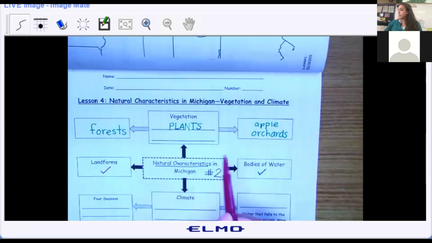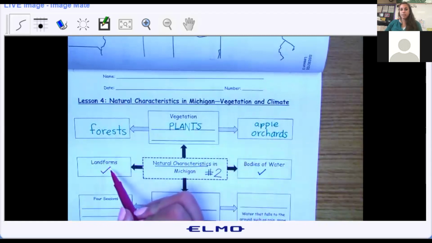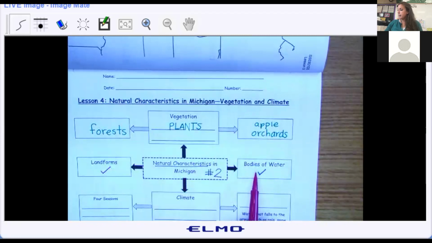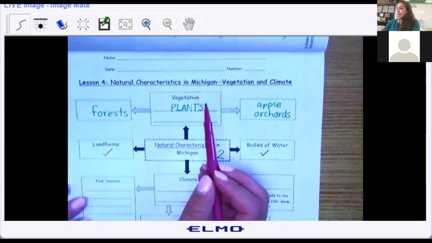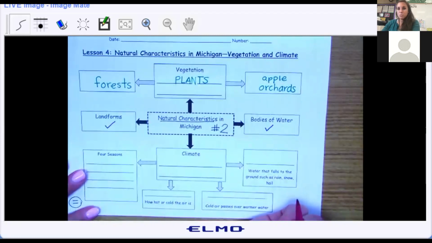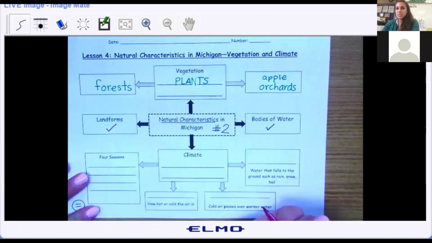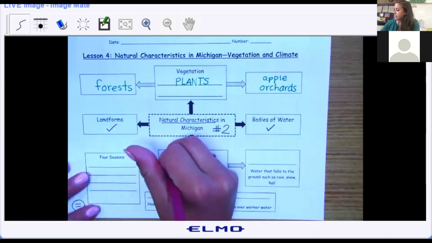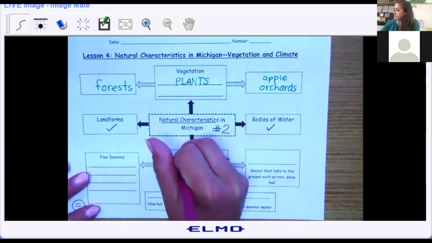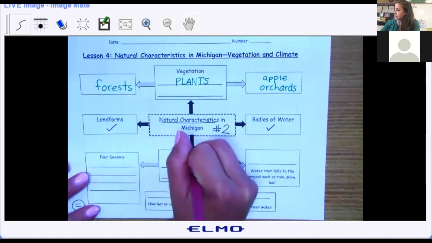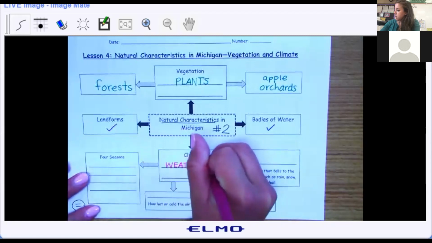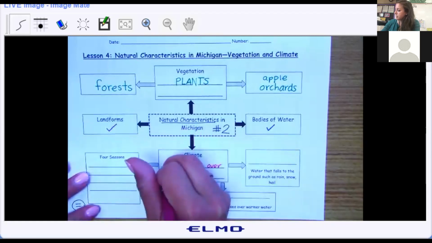So natural characteristics are landforms, bodies of water, vegetation, and climate. Do you remember what climate is a fancy schmancy word for? It's weather over a long,